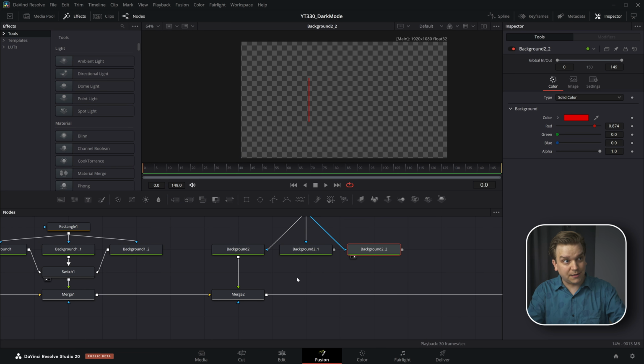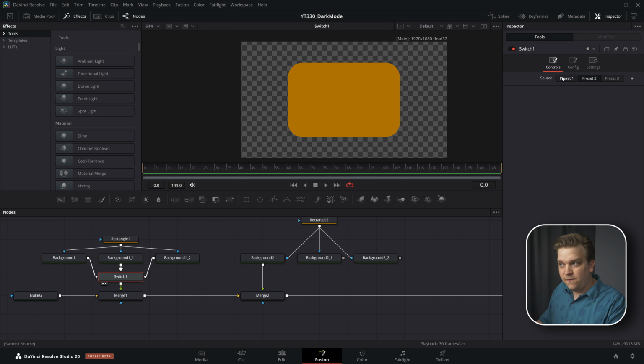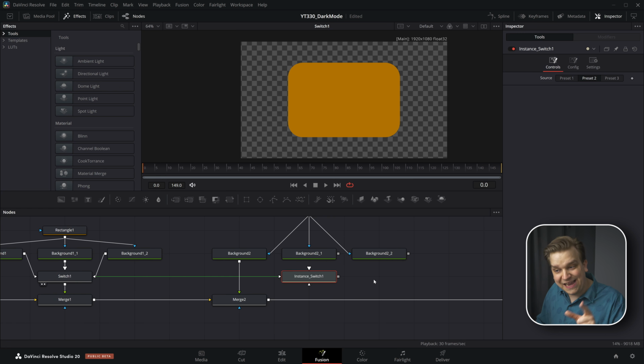But here's the other Fusion principle we're going to touch on: instanced nodes. I already have this one switch living over here for changing this very background layer, but when I want this to change, I also want the color selected for these other options to change. Again, I could copy and paste this and right click, do some Fusion expression stuff. But if I know I want this to perform the exact same function just using different inputs, we have another option: instance nodes. For this, I'm going to copy this switch and Control-Shift-V to paste an instance node that has instance in the name,